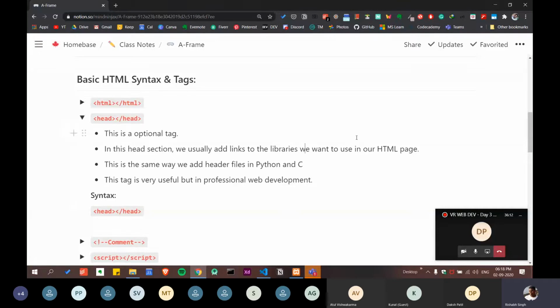In our normal coding languages, in Python and C, we have to add header files. We can also do that in HTML. So for that we have the head tag and there we put our libraries, and mostly we put JavaScript libraries.